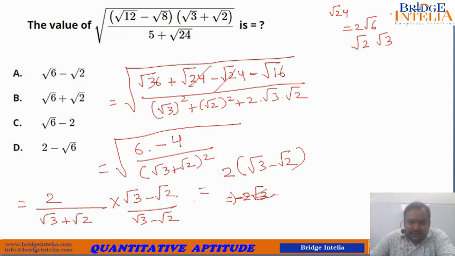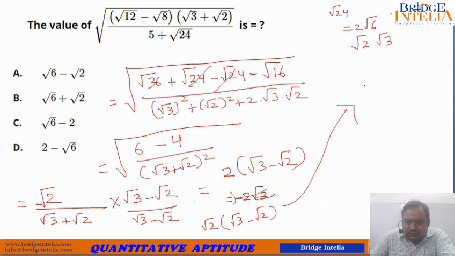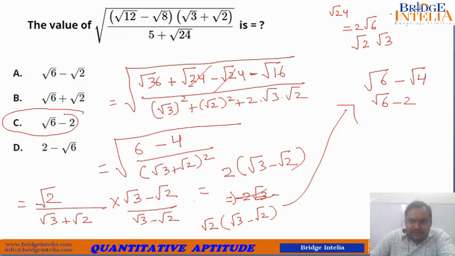Okay, but this is 6 minus 4, so this actually would be equal to root 2. So the final answer is root 2 into (root 3 minus root 2), which comes out to be equal to root 6 minus root 4, or you can say root 6 minus 2. So this has to be the correct answer. Okay, so now let's see a couple of,